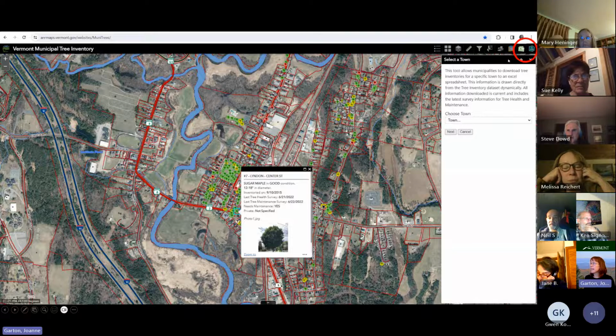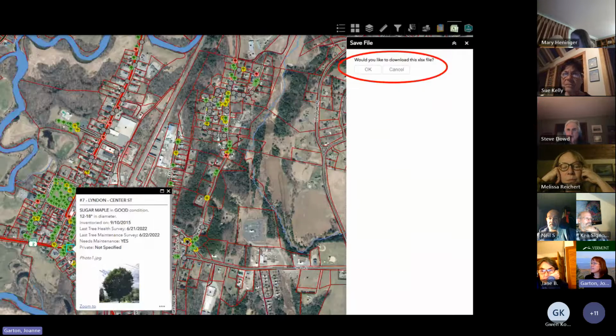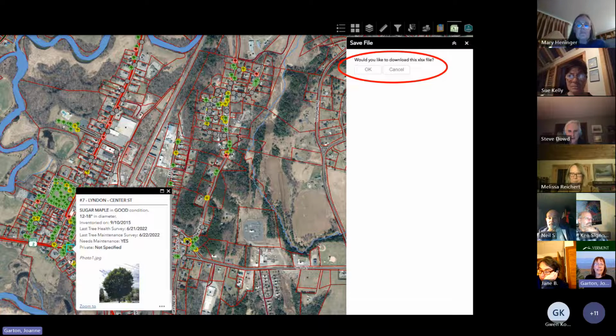This was where we selected a town, but the one second from the right is a tiny Excel icon. If you click on that, it asks you to choose a town. Hopefully you're still choosing the same town that you're in. In this instance, I chose Linden. And then it said, would you like to download an XLS file? So a table that you can then open up and sort the data as you choose for those who are comfortable that way. I click OK, and it